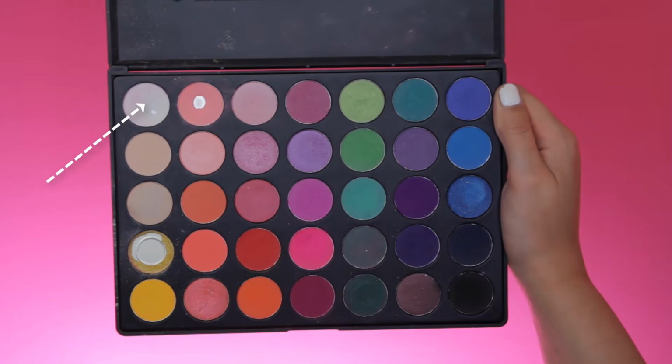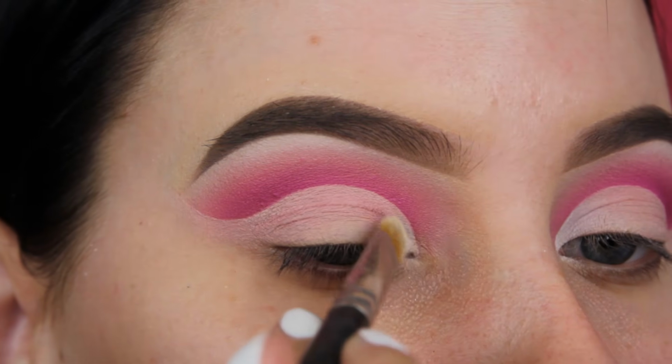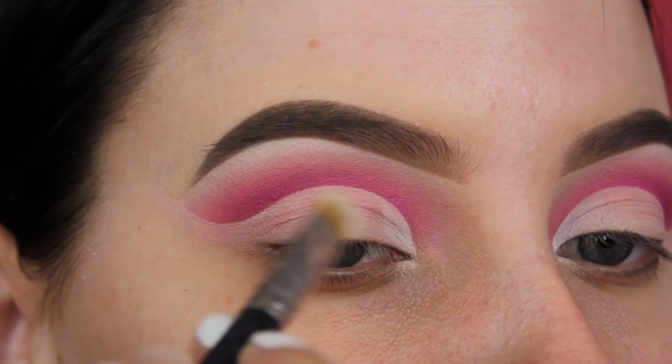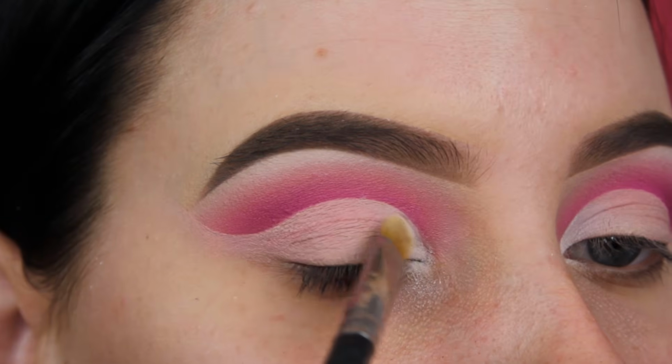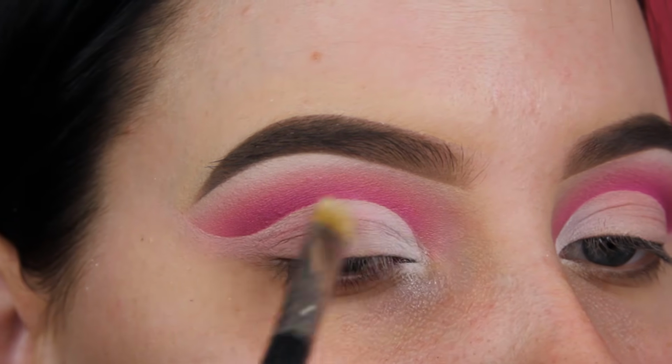So now as my first shade for on the eyelid, I'm going in with the white shade again from the Morphe 35B eye palette. And I'm going to apply a little bit of this in the inner corner of my eyelids. And I'm making sort of swipe motions, but also pressing, so just trying to get it to look as